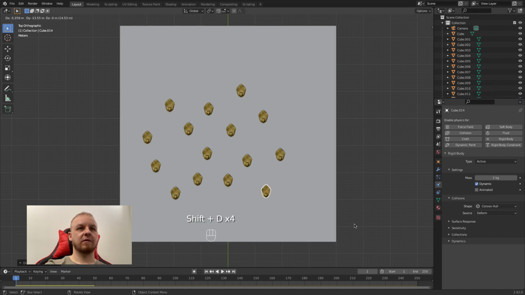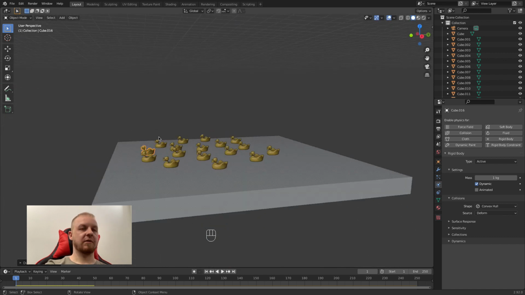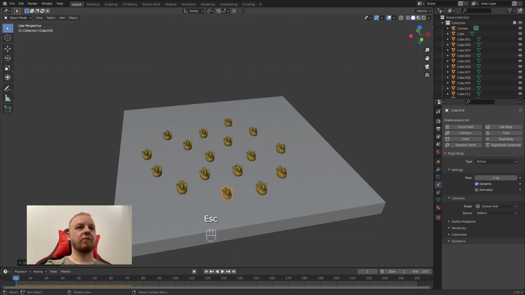And you know, we have a bunch of ducks like this, and you can press Ctrl S to save and press space. Okay, the ducks are simulating, and we can now